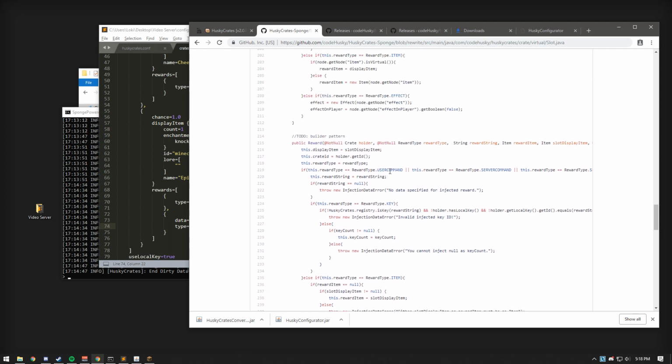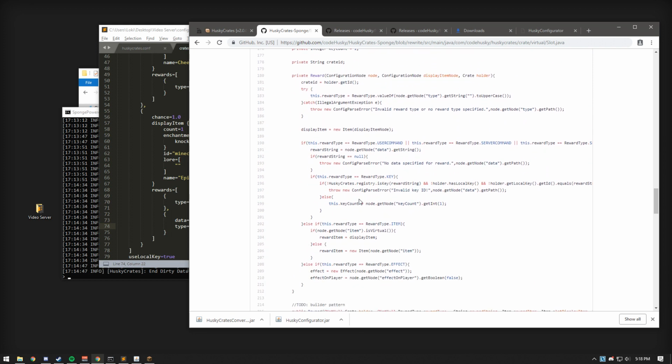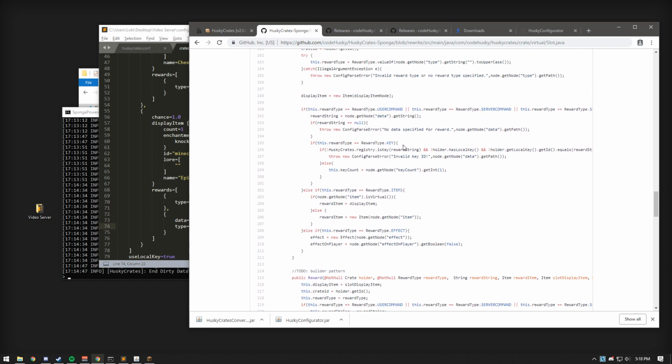Yeah, so, key, it checks for reward string. Yeah, a bunch of stuff. Effect, yeah, key. Alright, so